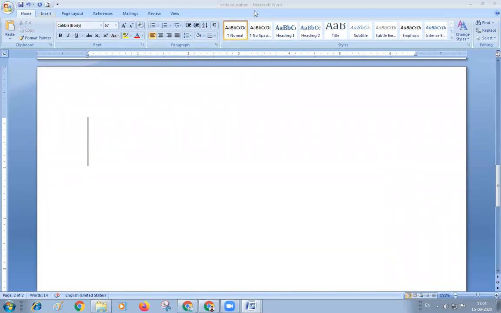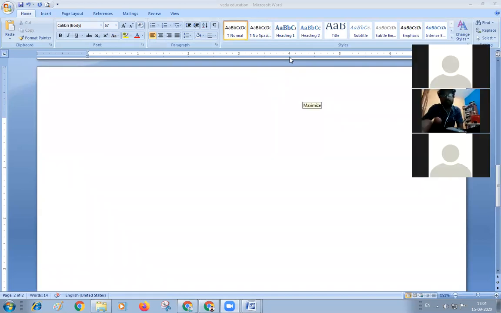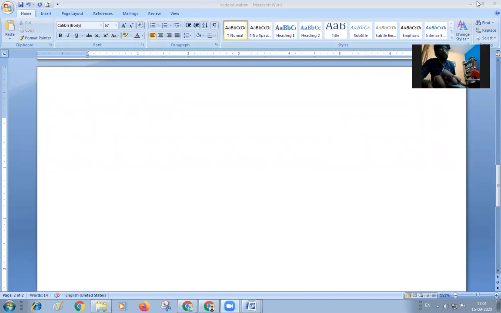Good evening, everyone. Yesterday we have seen something about the options in the Insert tab. We have seen the Insert tab here. In the Insert tab, we have seen some features regarding